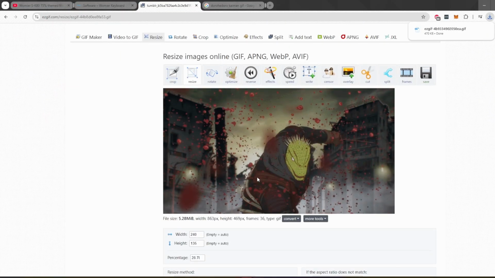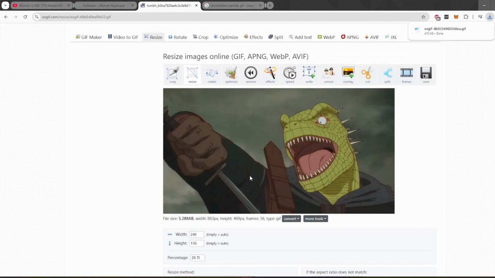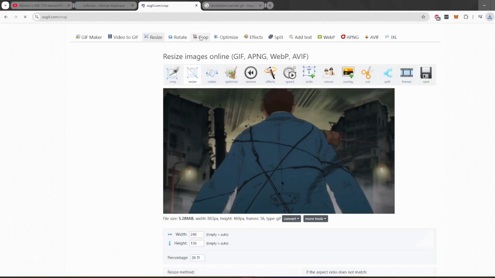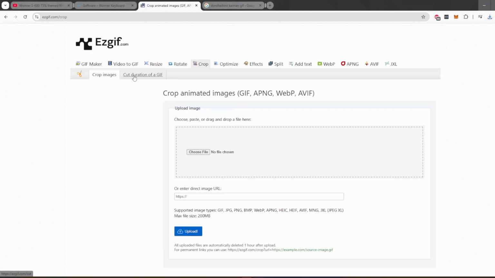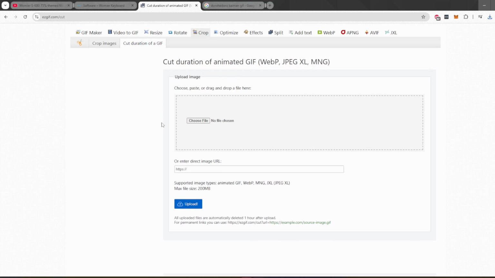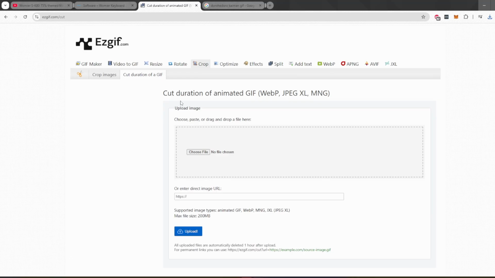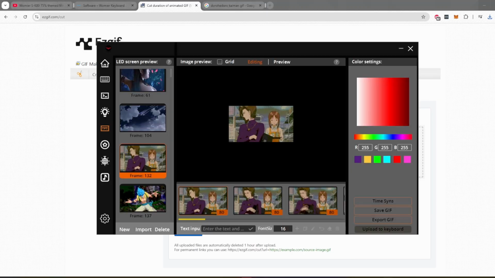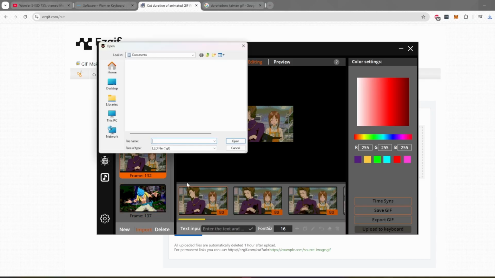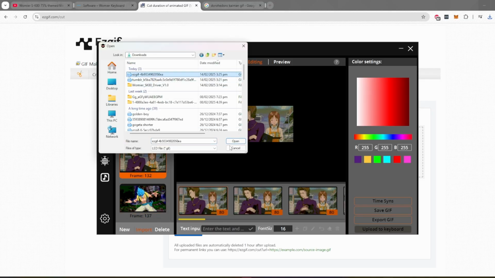So in order for you to upload it, but before we upload, you can also crop the duration of GIF here. You know, once you uploaded the GIF, you can edit it frame by frame here also. So let's go back to the software, XVX SK80 driver, then find import, which is, this is the file.